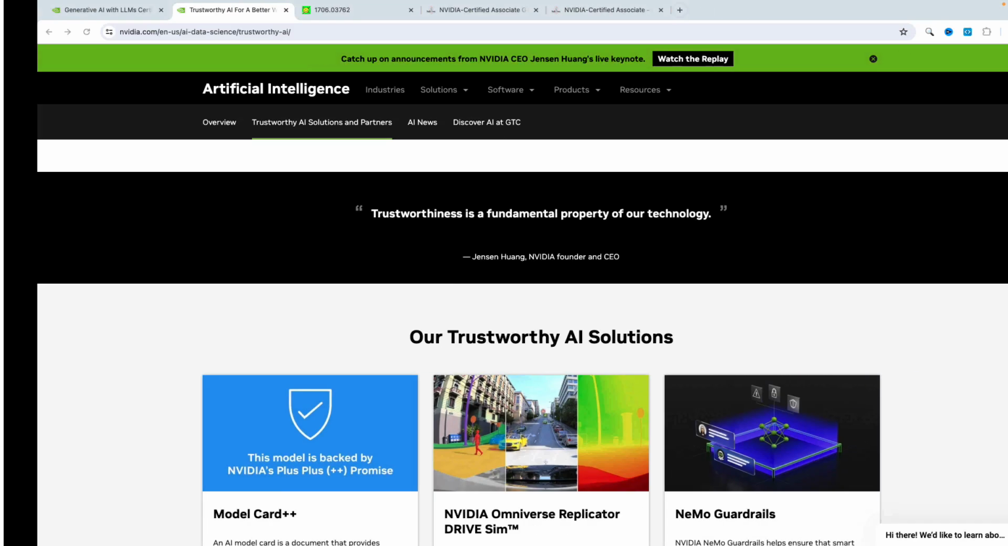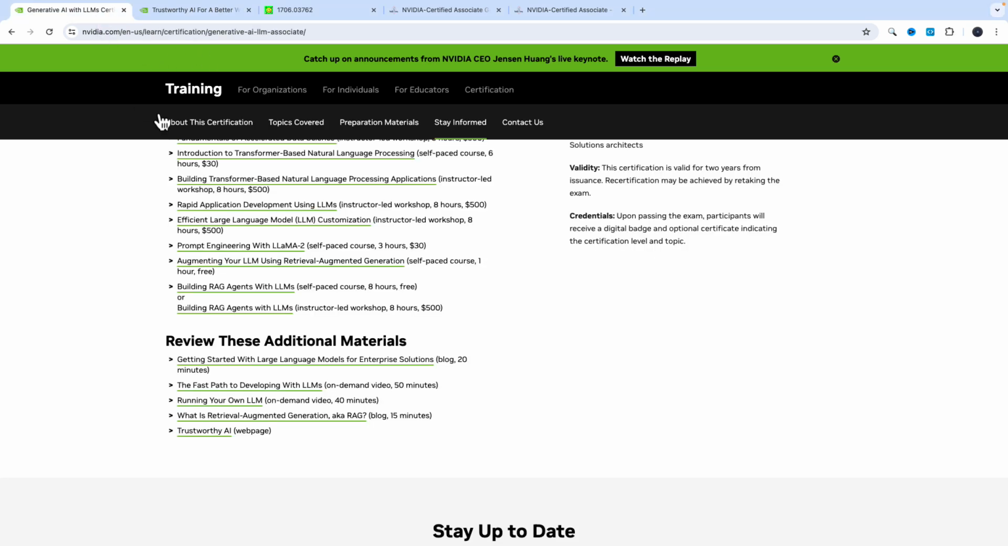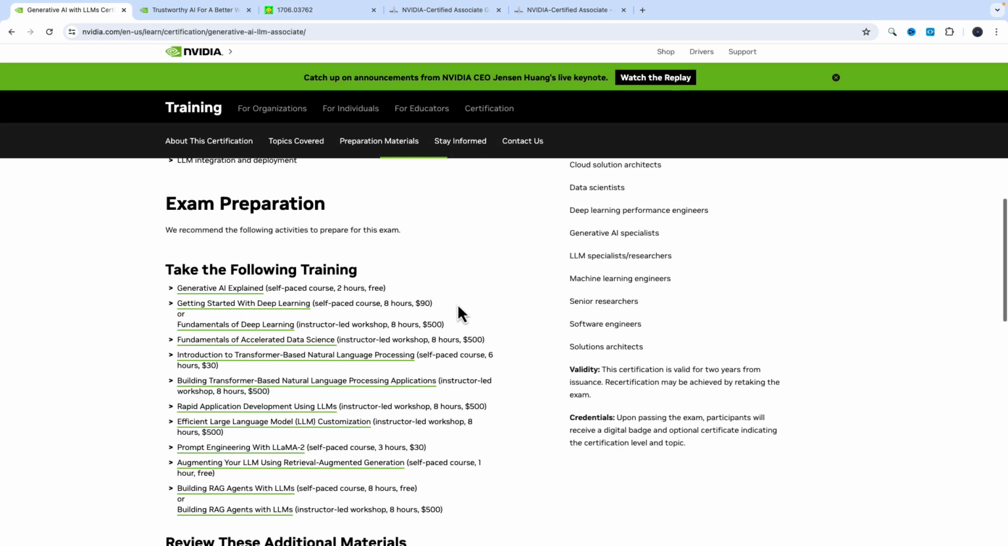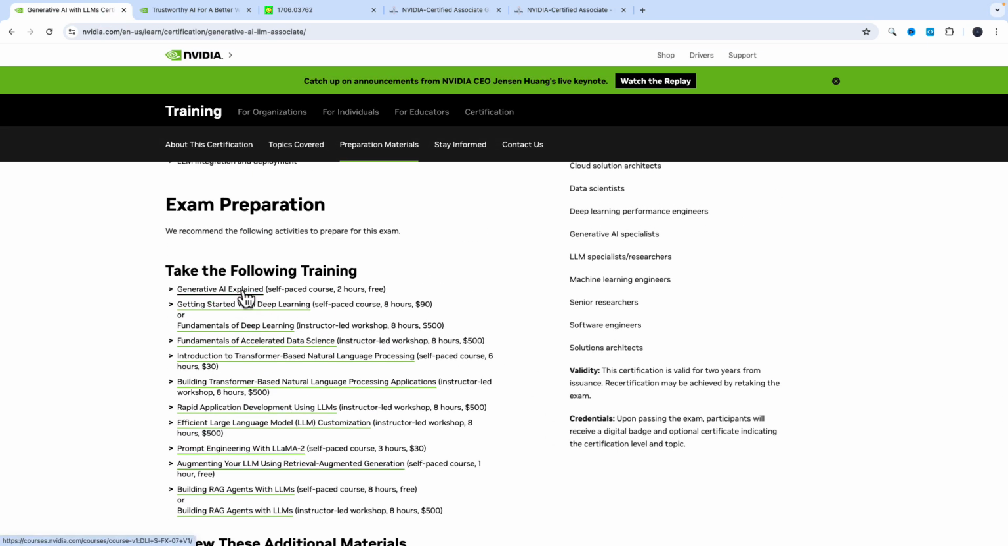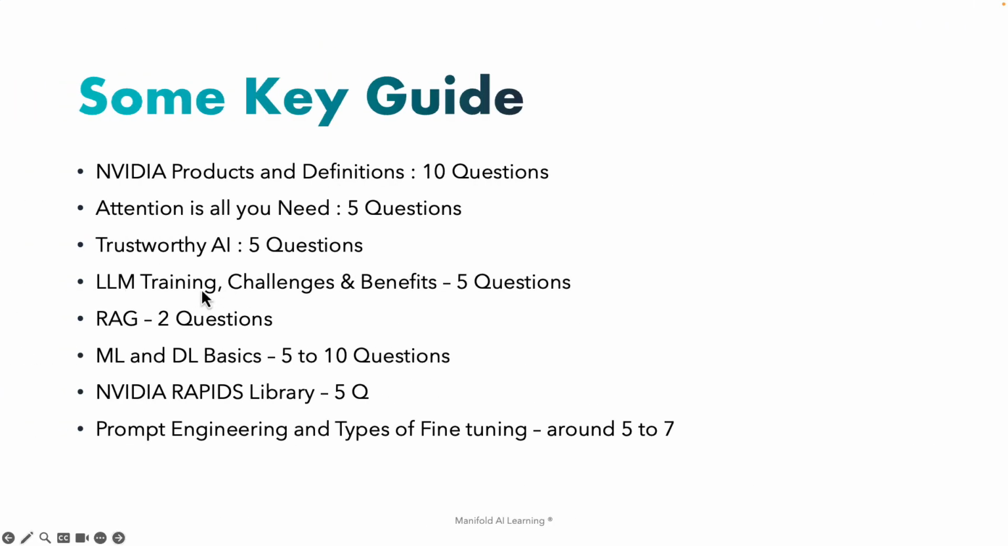There is good documentation available from NVIDIA itself. There's one called Generative AI Explained. Just go through this 2-hour course. That would help you understand what generative AI is and what exactly a large language model is. There's also a page as well. You can just search for large language model customization. You'll also get an official blog post